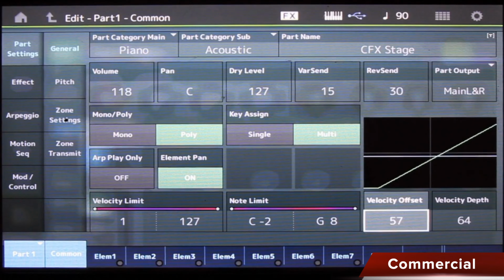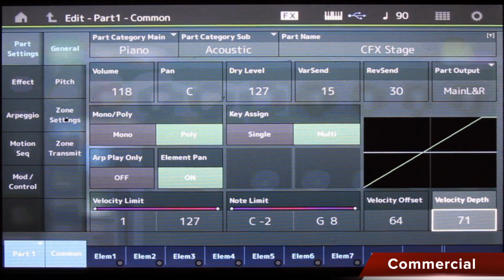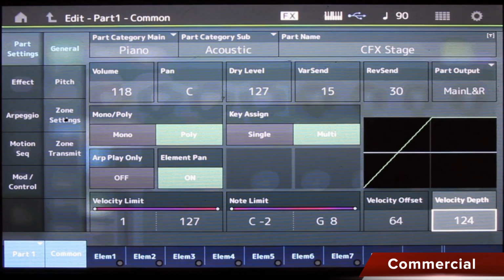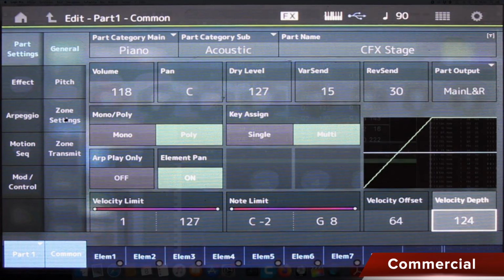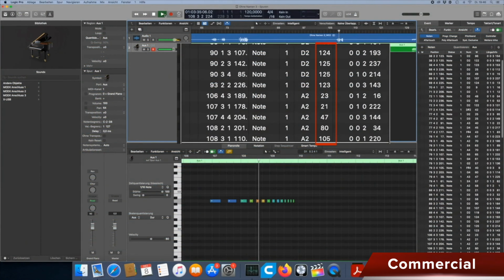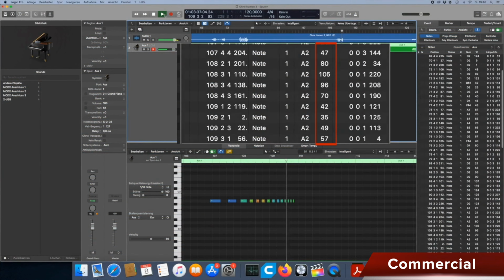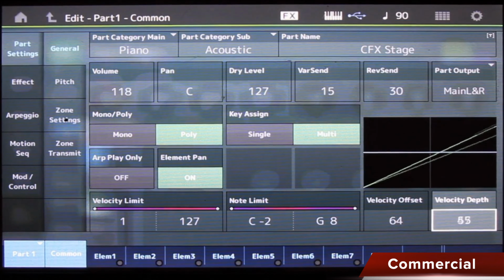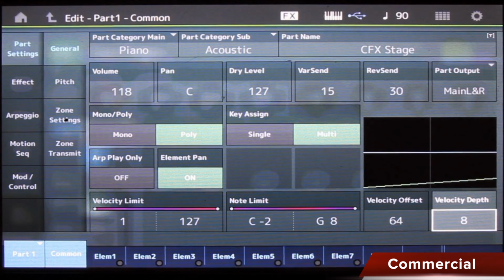What else can I do? I can influence the angle through the depth, in addition to the offset. For example, I have a linear increase up to about 64 in the middle, and after that it is always at full volume. Of course, I can also do this in the other direction, which flattens the curve and prevents me from reaching